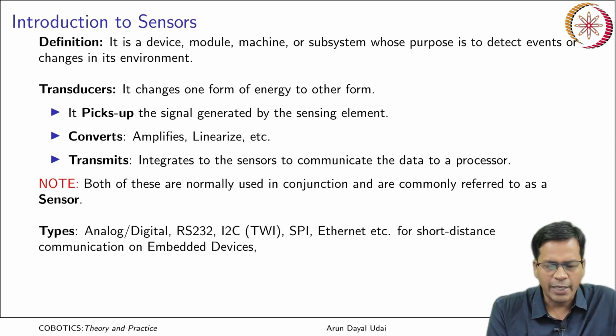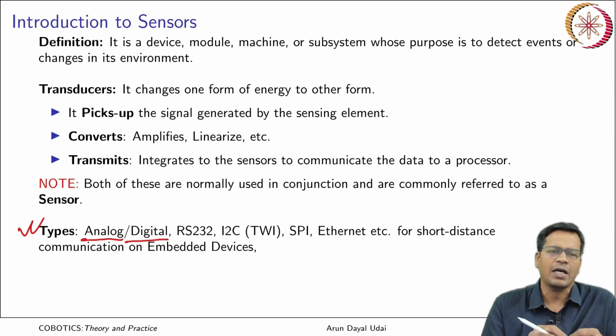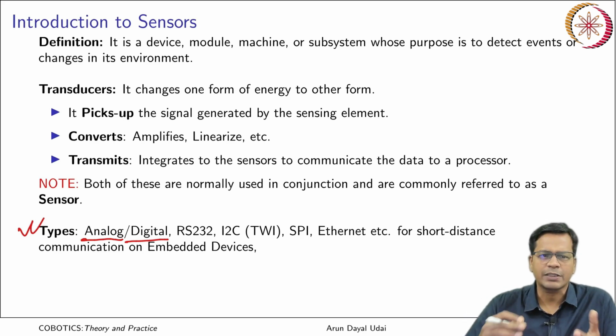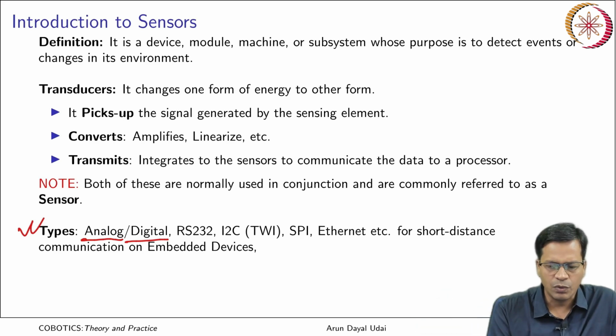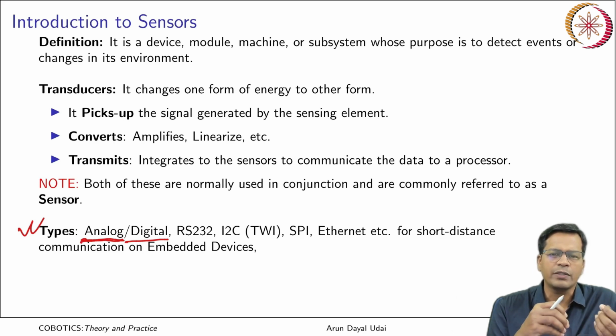Okay. Various types of such devices can be an analog device or a digital device. Digital devices basically convert the analog signal to a digitally accepted form, so that it can be accepted by a microcontroller or maybe a PC or some kind of embedded device. It can also be analog, when you have a continuous range of values covering the whole range of measurement that it can do.